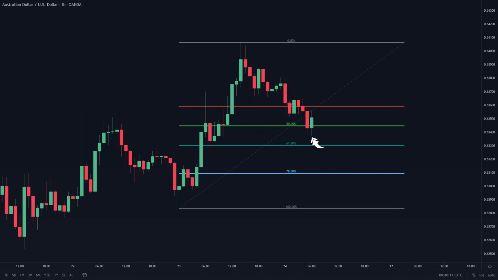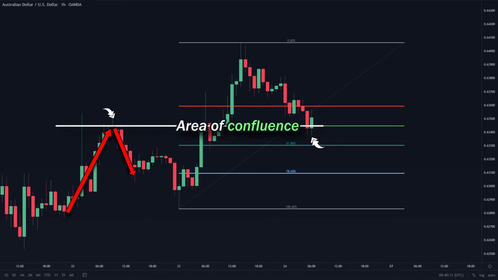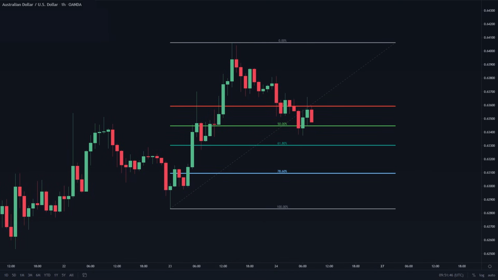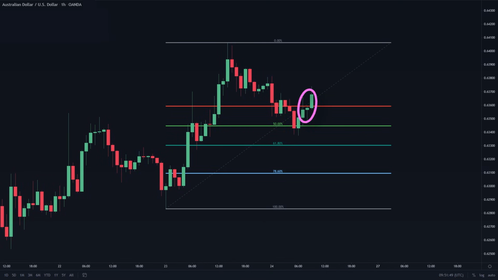Now, if you look closely, you can actually see that this level is also aligned with the previous resistance level, because at one point, the price went up to this level and reversed downwards, meaning we now have an area of confluence. And usually price has a higher chance of bouncing at this level. And to further confirm that, we can see that the next candles after that are multiple green candles breaking above